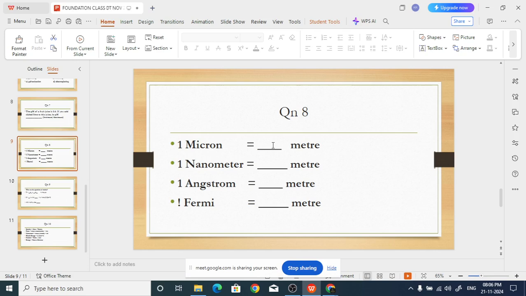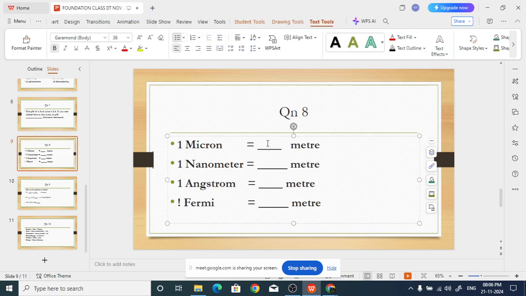So what is 1 micron equal to how many meters? 10 power minus 6 meter, isn't it? 1 nanometer equal to 10 power minus 9. 1 angstrom,